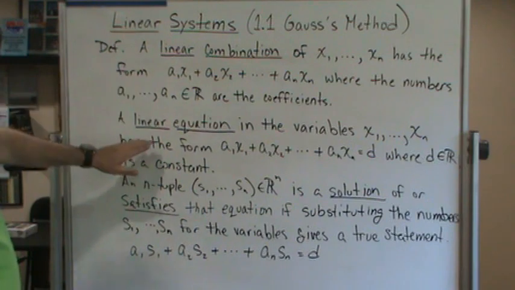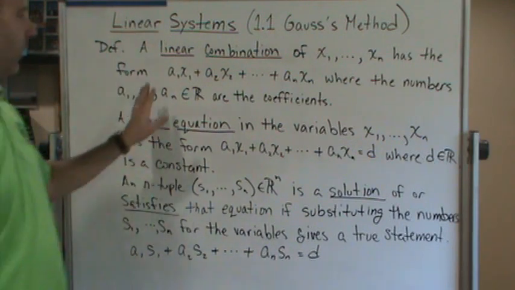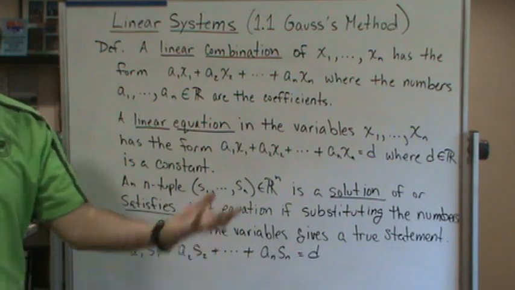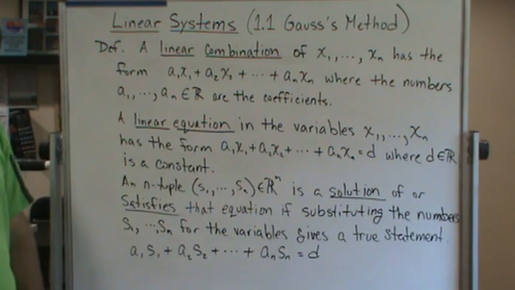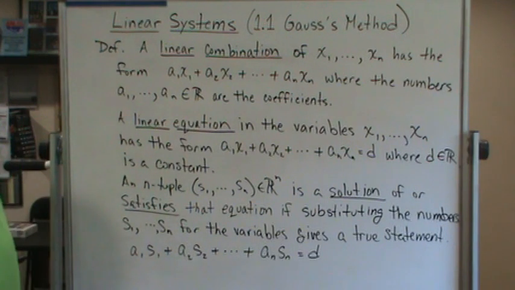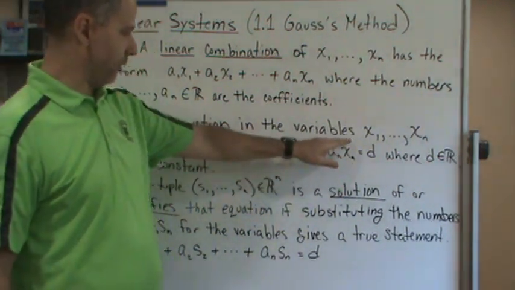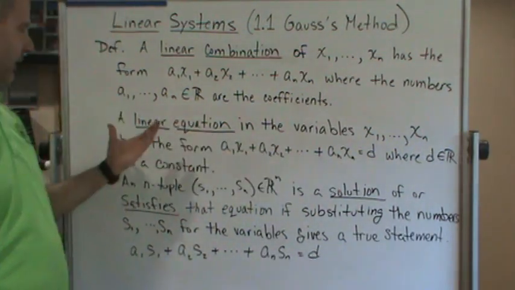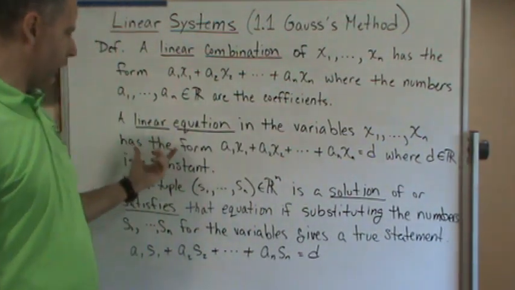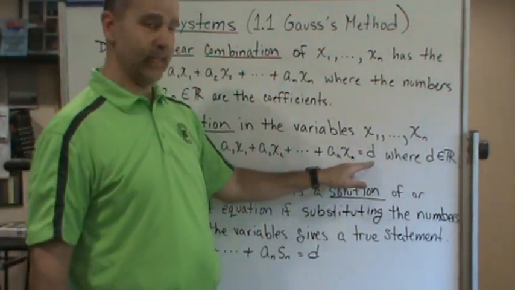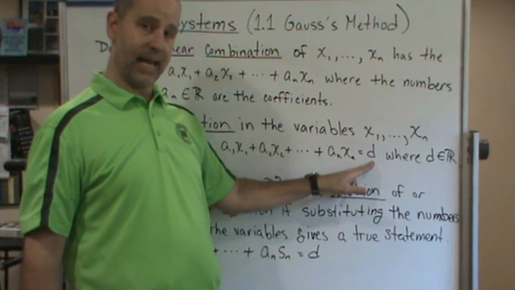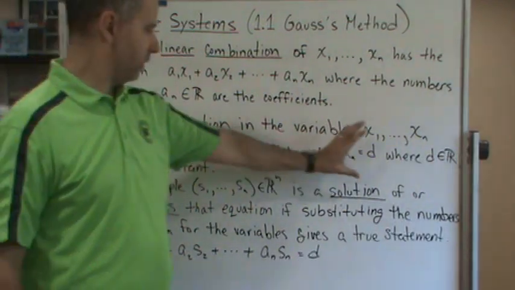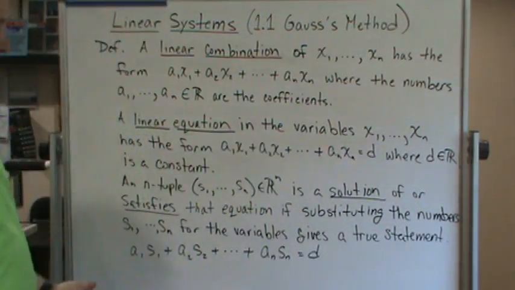The next definition is a linear equation. If we take a linear combination of x1 through xn, and we find that it's equal to some constant, then we've created a linear equation. Notice that all of the variables have an exponent of 1. This is a linear equation because we're setting the linear combination equal to some real number that's a constant, d. So that is what we call a linear equation